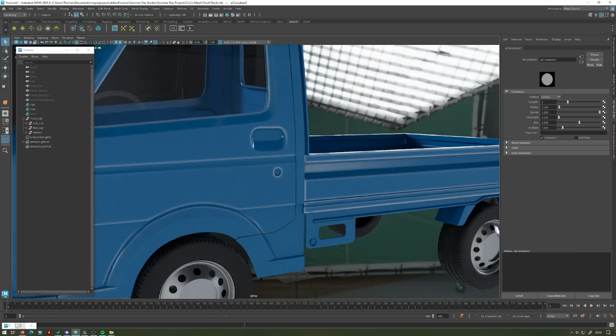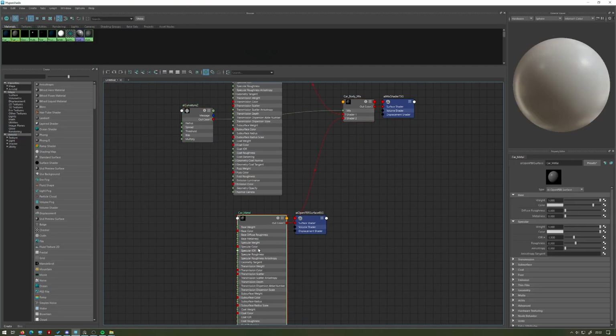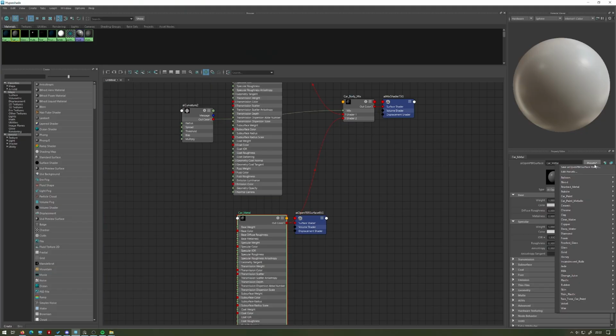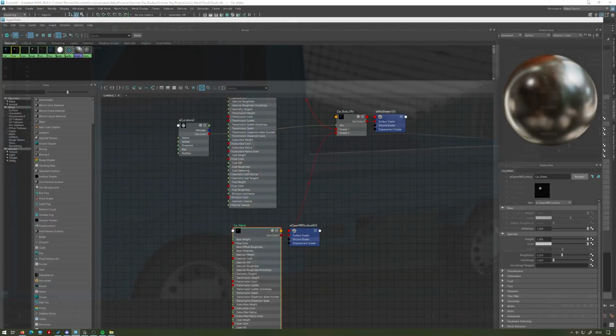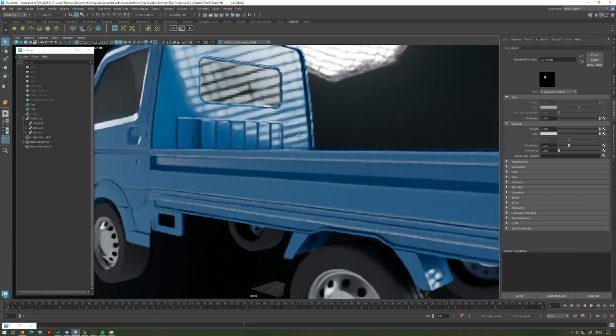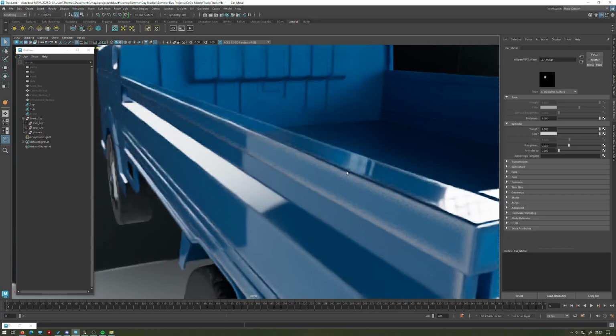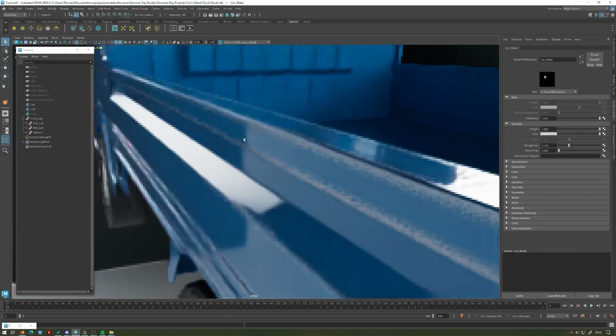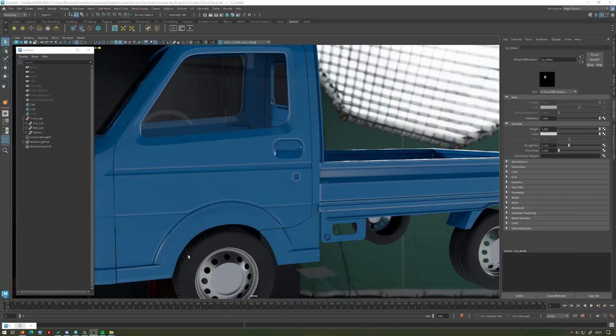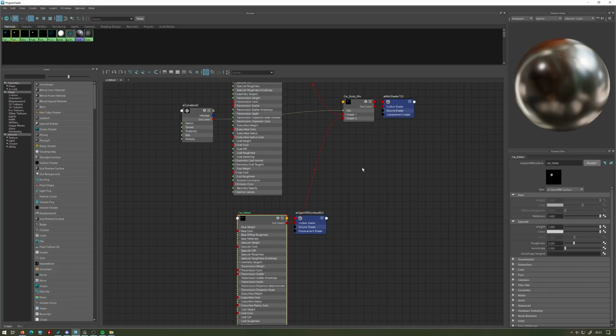What we could even do is go ahead and select our car metal shader and change the preset to something like a brushed metal. And now when we render, that'll be what's coming up underneath, this metallic material rather than the car paint itself. If we now wanted to make this even more interesting, we could plug a noise texture